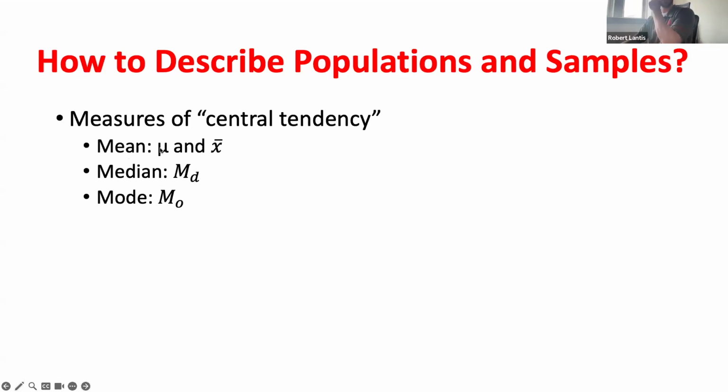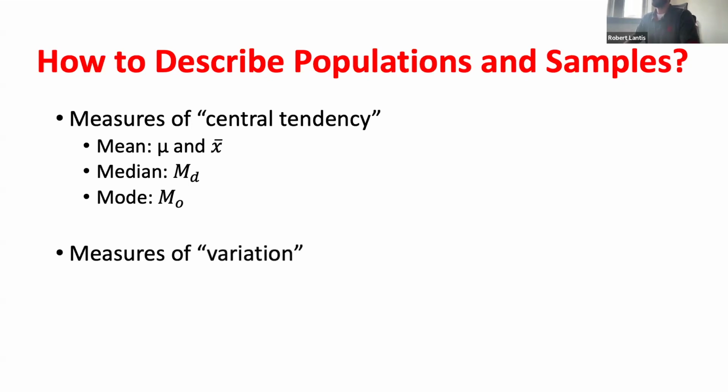So anytime we're looking at population data, we're going to write the statistics that we calculate using some type of a Greek letter, typically. So mu here represents the mean of population data. X bar, right, this is going to represent that we are looking at the mean for sample data. Okay? And then the median, M subscript D, mode, M subscript O. We'll talk a little bit more about what these are here in a second, but just getting some notation out